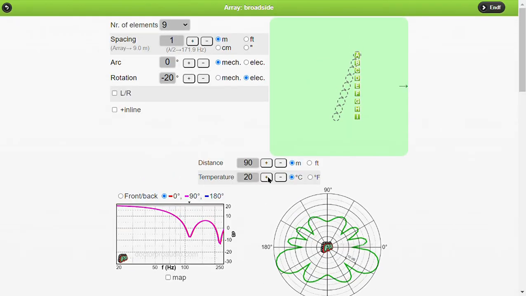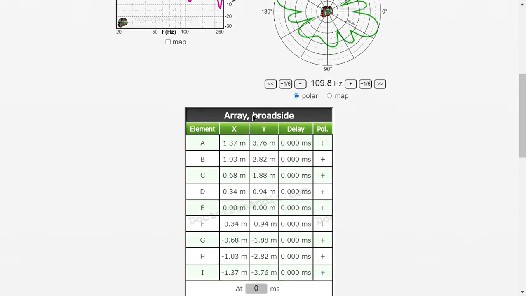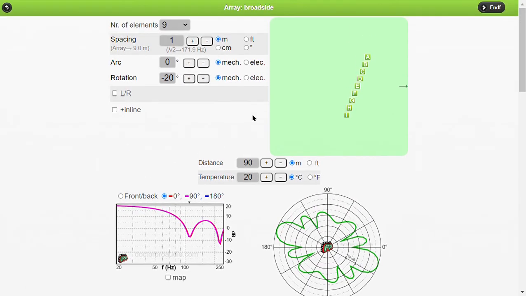So if we wanted to avoid these problems, then we would have to switch to mechanically steering the array, and in that case the back lobe is pointing upwards, and that could help with those noise contamination issues.